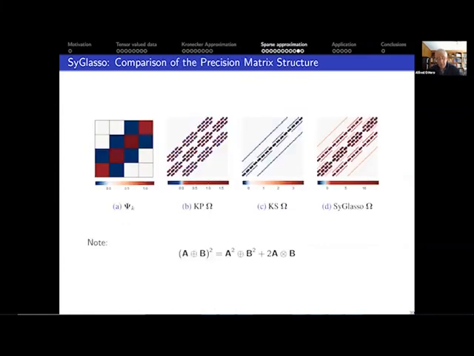dimension, codimension size. This just shows that the Sig lasso representation, the square of the Kronecker sum of two factors A and B that corresponds to Sig lasso, is kind of achieving a compromise of sparsity between a Kronecker product, A Kronecker B, because 2 A Kronecker B is one of the components in the expansion of this quadratic, and a Kronecker sum. So we get this sort of compromise between a sparse Kronecker product and a Kronecker sum.